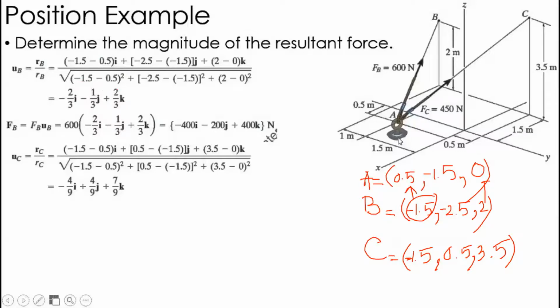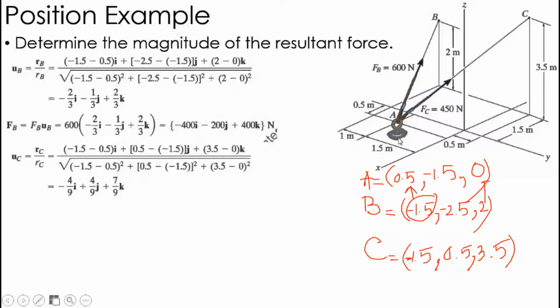Now you can see the same squaring, because it is taking the magnitude of this, and you will get this in the form of ijk. You will get the u cap, determining the magnitude of the result. Now for F_B u_B, you know the force F_B is 600 Newton. So you have to multiply 600 Newton with the unit vector, so you will get the F_B force in the Cartesian vector form.